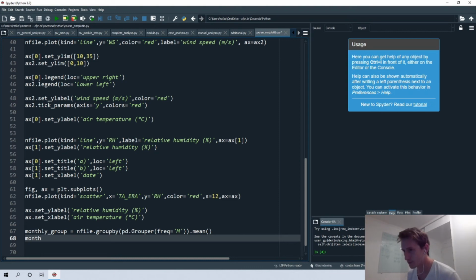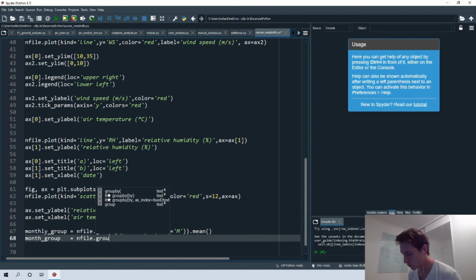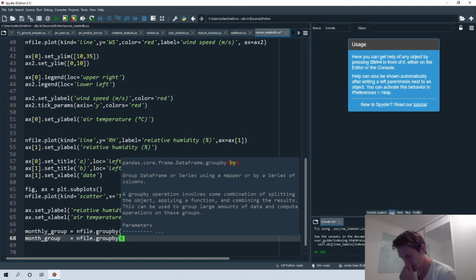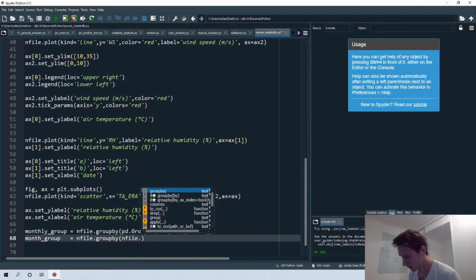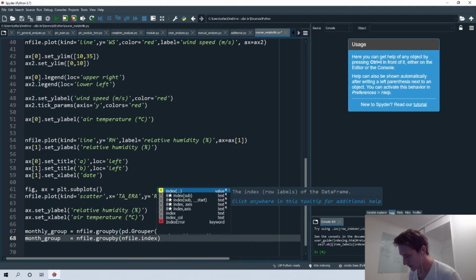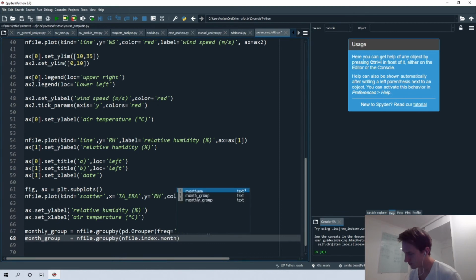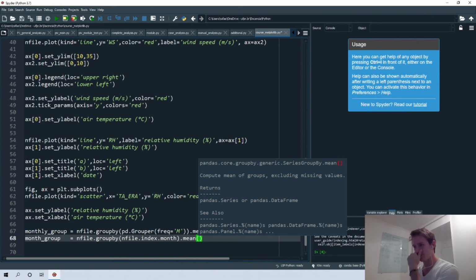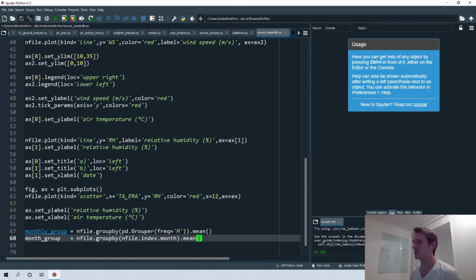So month group equal to infile, so the same data frame. Then here groupby, but now we define infile.index.month, each month, and the average. Okay, so we see the difference between these two data frames.